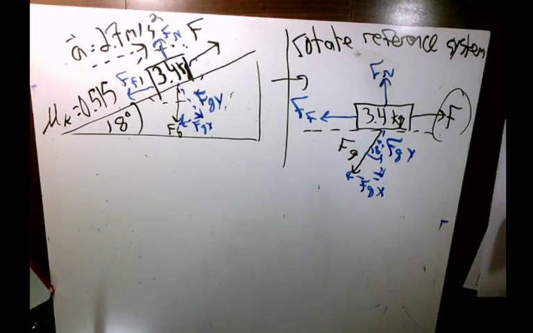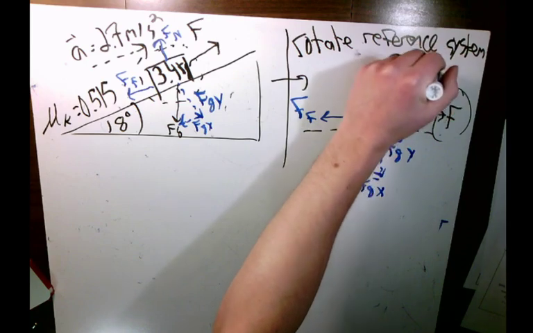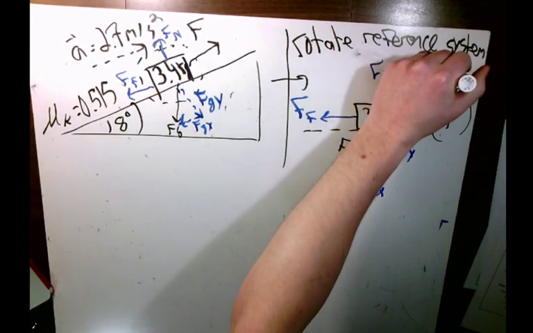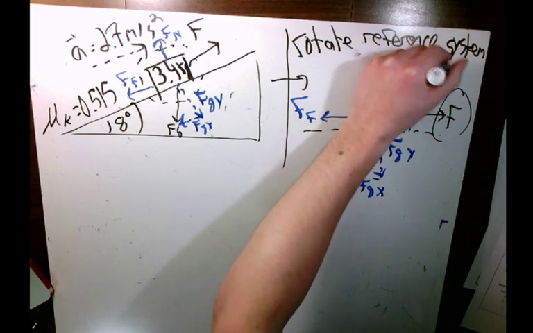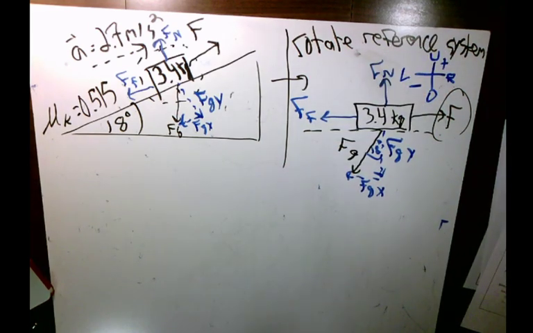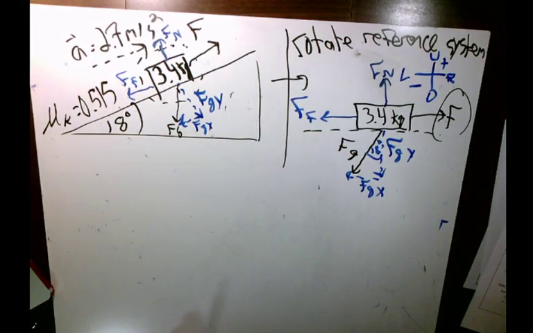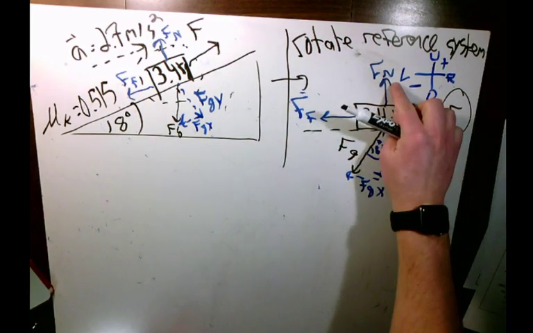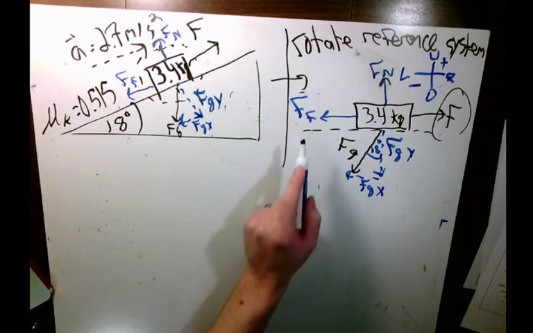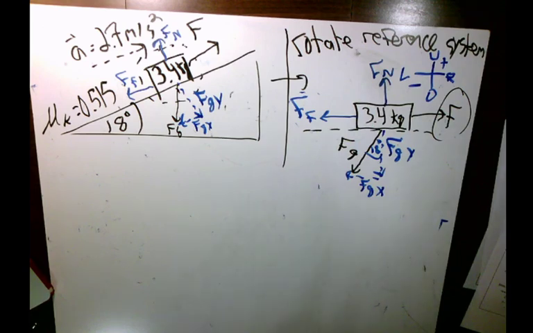All right, so I have a bunch of horizontal and vertical forces. So my new reference system is, we'll say that's right, left, up, down, where up and right are positive, left and down are negative. So I'm going to look at everything in my vertical direction first. Why would I do that? Because I have this troublesome force of friction, which relies on the normal force. So in order to solve for the force of friction, you first need to solve for normal force. So step one,